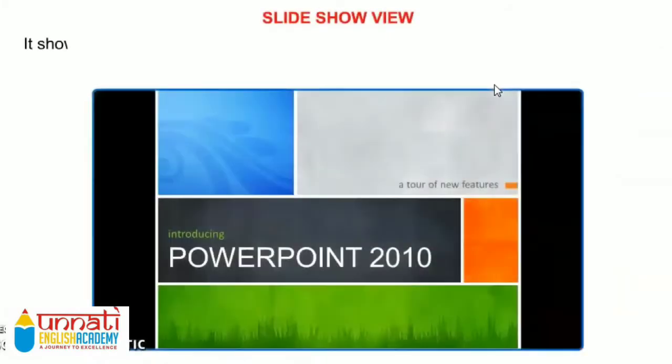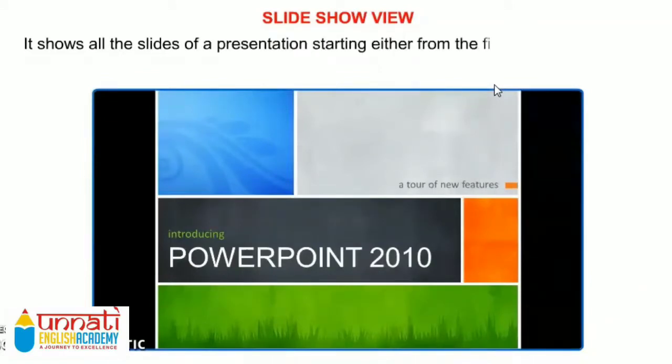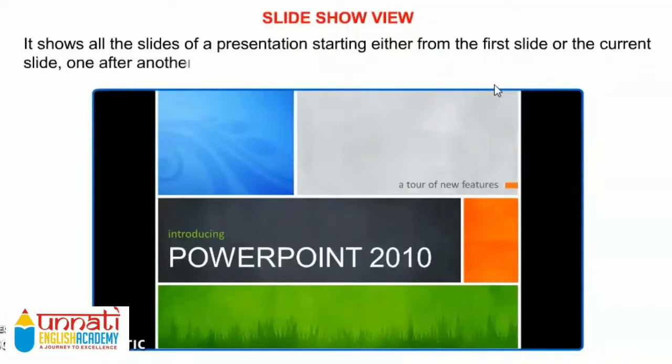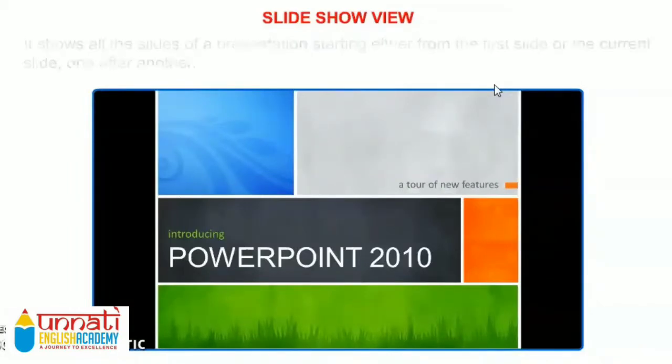Okay. Now the next view is slideshow view. See, you have prepared the presentation, but if you want to present it, this view is useful. It shows all the slides of a presentation starting either from the first slide or current slide, one after another.